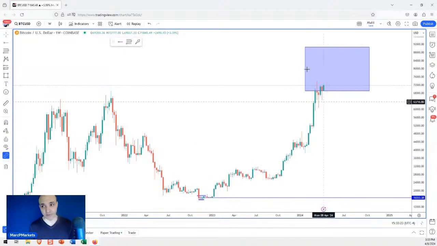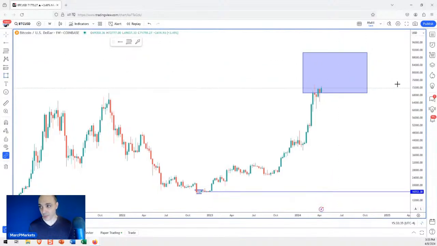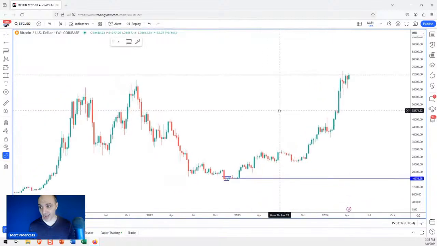If you're more aggressive, or maybe you say, you know what, I don't want to take that bigger risk as an investor, but I don't mind as a swing trader, okay, then you just have to find your entry points, and you have this area here to play with. But if you think this thing is going to go straight to 100K, then you're a dreamer like everyone else. Again, it can happen, but I don't like to base ideas or take risks based on dreams that people like to just share for attention.